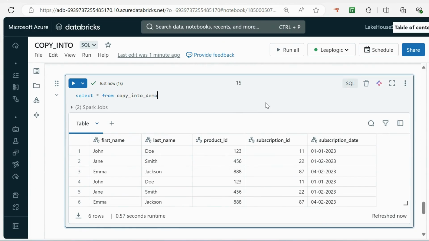So if there are only a limited number of files that you are getting each day and you have to schedule that pipeline, you can go ahead with the copy into method and load the data into your table every time. And if you have a million files that you want to load in bulk, then use the autoloader. If you don't know how to use the autoloader, again, I'll repeat, go back to my video on the autoloader, where you can learn what exactly the autoloader is and do a hands-on on the autoloader itself.